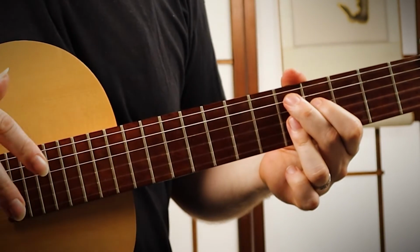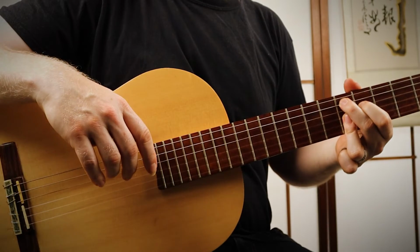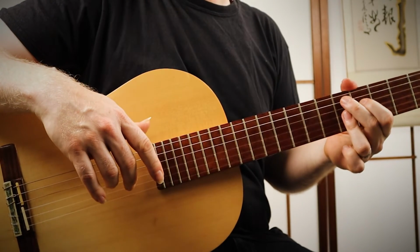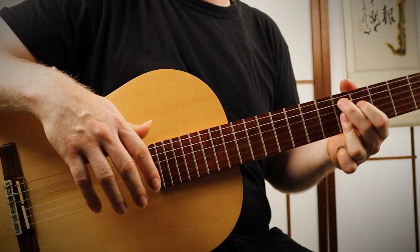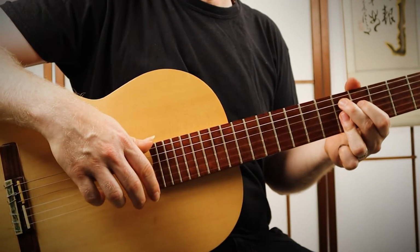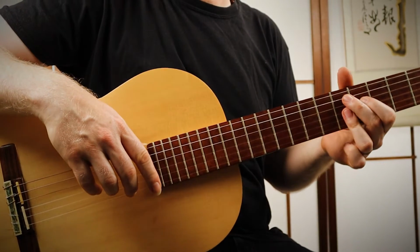Now, just remember, anything is easy with familiarity. If you're struggling with that, it's just unusual. You probably have never done it before, quite like this, and everything feels a little bit awkward and wrong when you first try it. But keep experimenting. Just try that chord, maybe just once or twice every day for a couple of weeks, and before long it'll